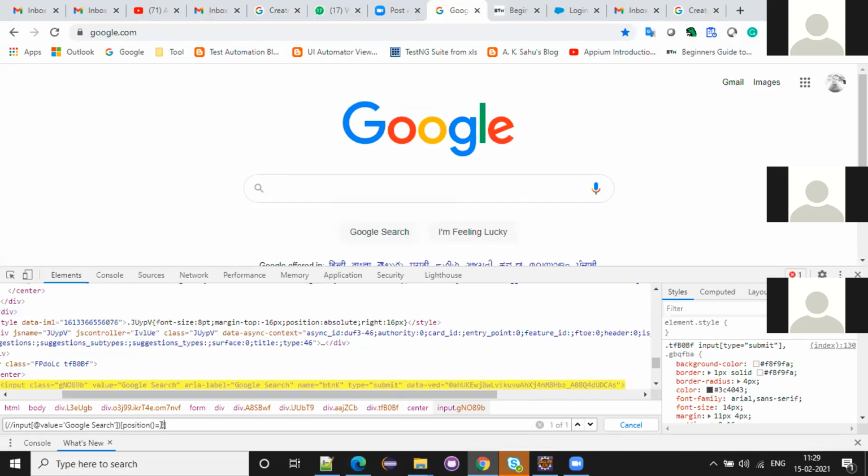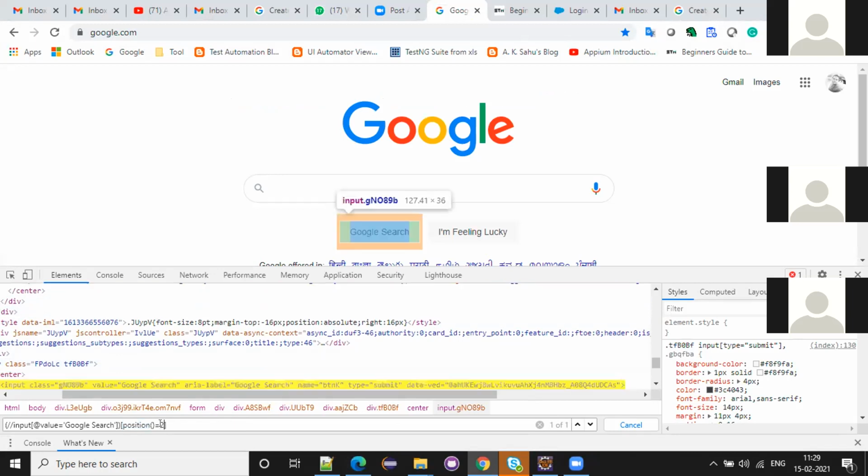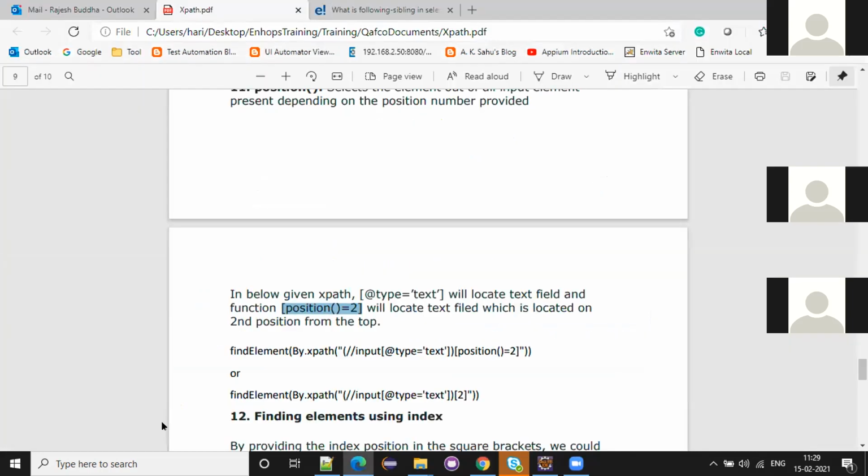If I give the first one, then the first one will come. So give position like first one or second one. This is also kind of indexing only. Okay, clear?